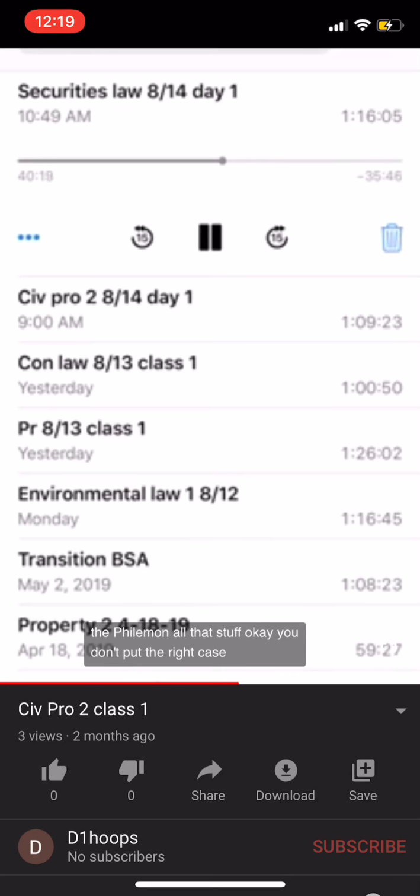If you don't put the right case number on a pleading or an answer, that's a problem. But when you draft a complaint, you're not going to have the actual case number on there, because in most cases you don't have one yet. So you leave that blank and the clerk fills it in. You do have the names of the parties. Sometimes you don't even have that. You have an unknown defendant. That's also a possibility.